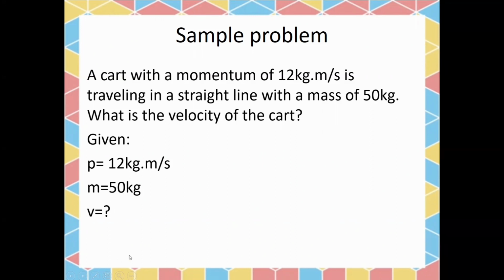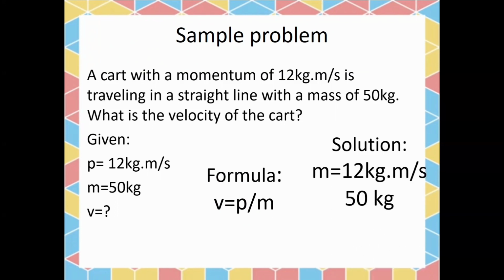Now let's compute for velocity. In using the triangle, what will be the formula to be used? All right. V is equal to P over M, or momentum divided by mass, giving you a solution of 12